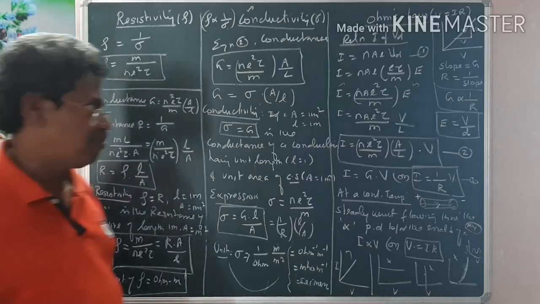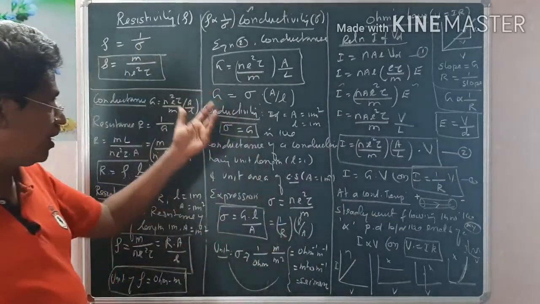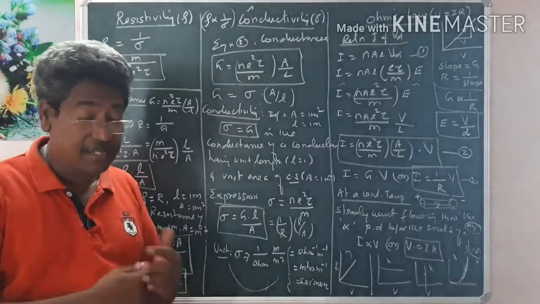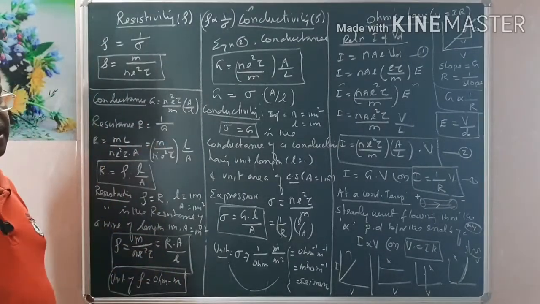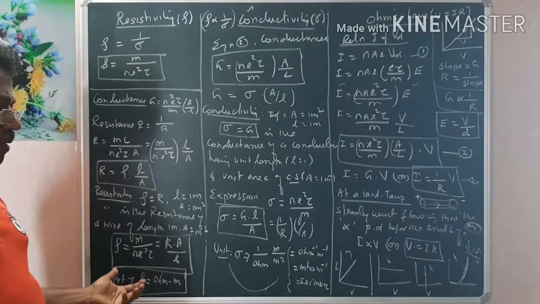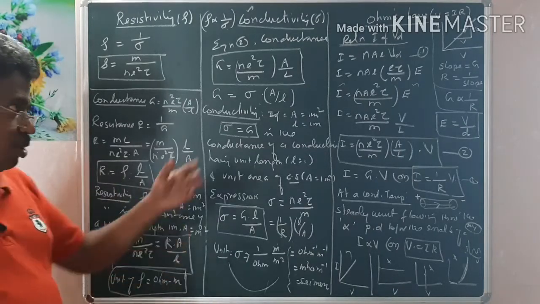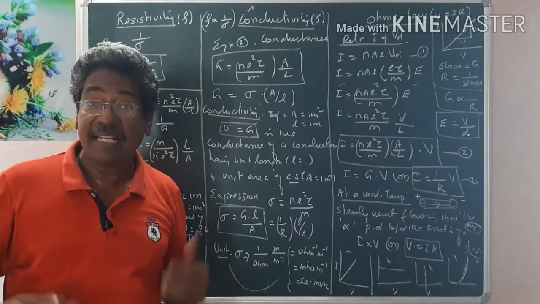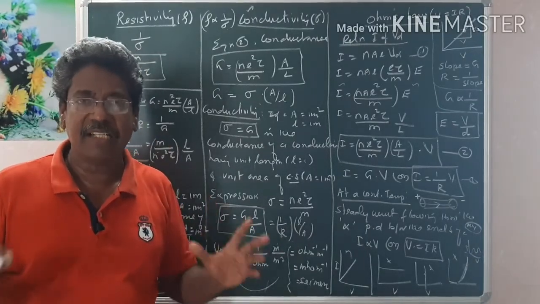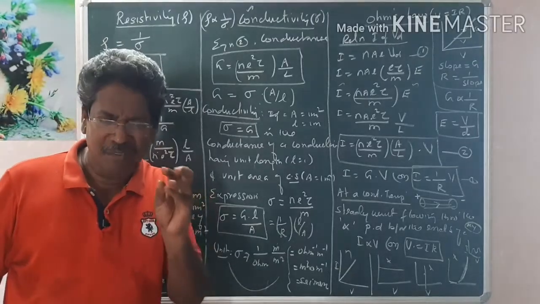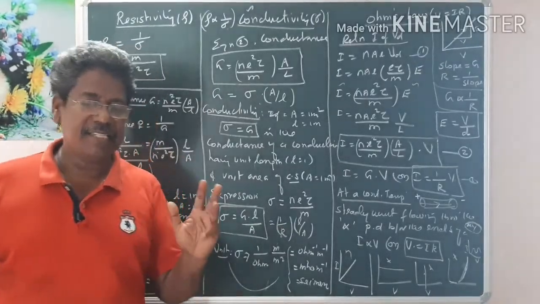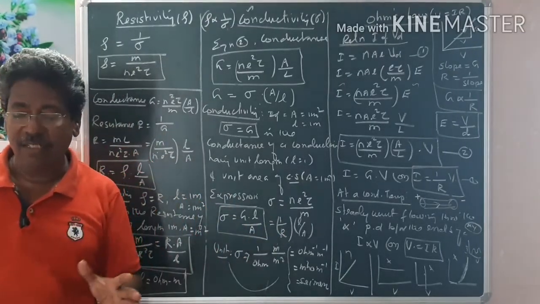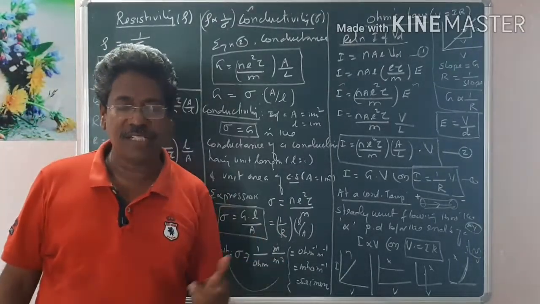Therefore, I have derived the expression from Ohm's law, from which I can find out the conductivity, then I find out the resistivity. Then our next learning will be based on resistivity. So we have to compare resistivity with resistance, and also current with current density, and some other comparisons that we have to understand. To have a clear understanding of these terms which have small differences, like resistance and resistivity, conductance and conductivity, current and current density, these are all our next focus that we will discuss in the next class.